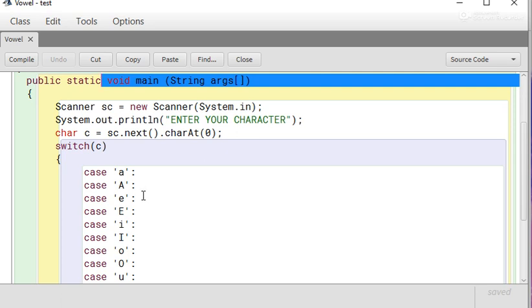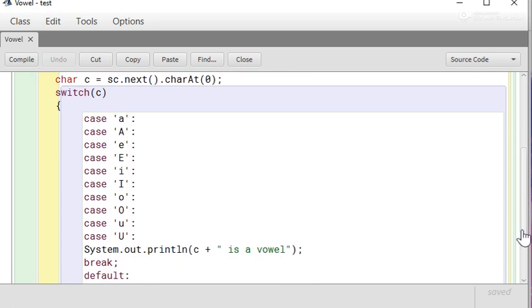If we have to write a similar message for all the cases, then we can apply the fall through situation. We just give a single message for all cases and do not apply a break statement anywhere. After giving the message, we apply the break statement, so if the value of c matches any of the cases, this message will be displayed, otherwise it comes into the default section.